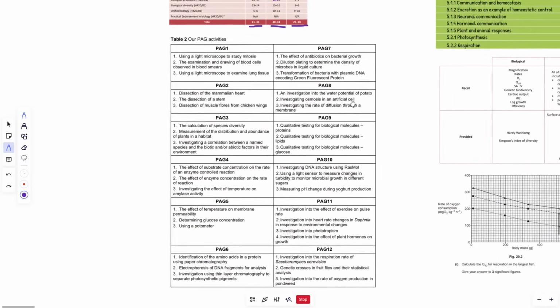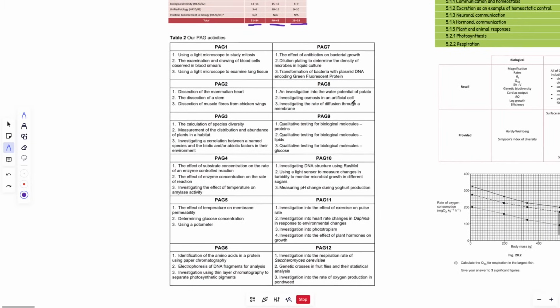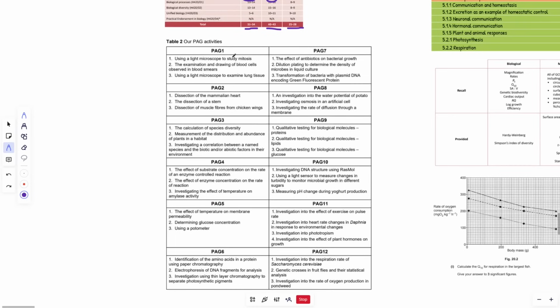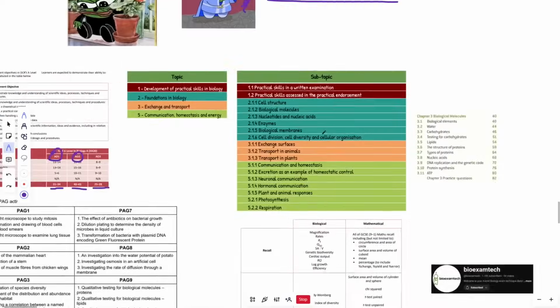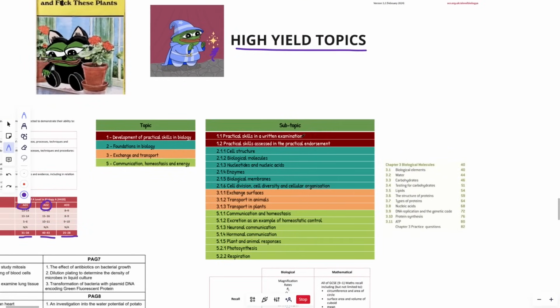This right here is out of the practical handbook. So when I say I need you to learn all the practicals involved, I don't mean you need to learn all of this, okay? Because that would be an insane amount of time. Because if you look at this, you've got your practical activity 1 to 12, right? Within 1 to 12, you have 3, sometimes up to 4 different practicals that they can ask you about. Okay, so this is an insane amount of information,